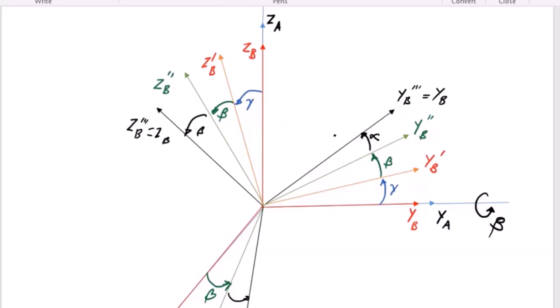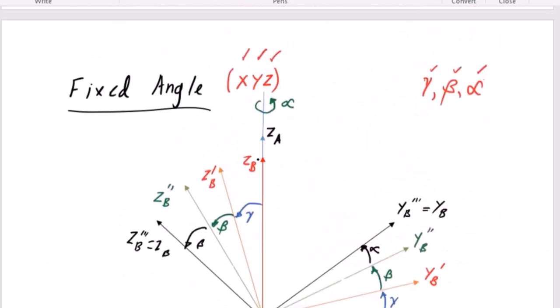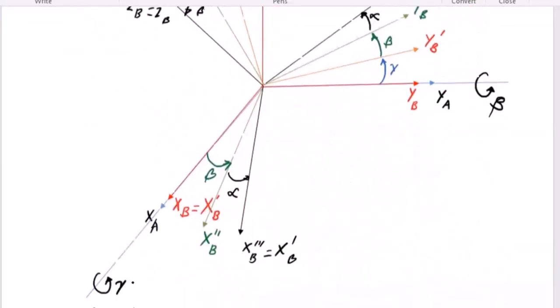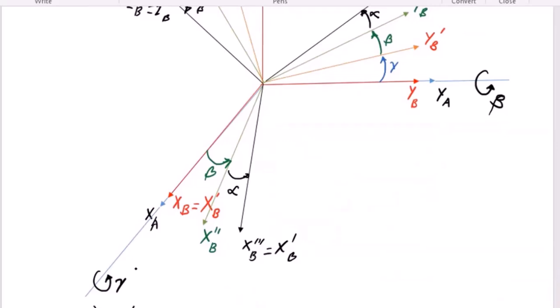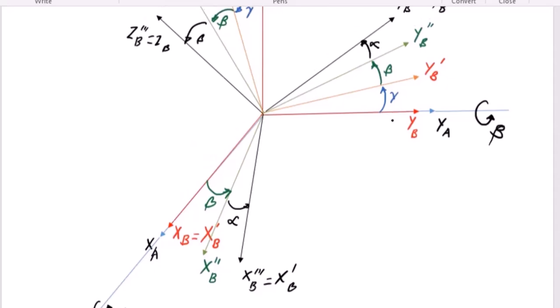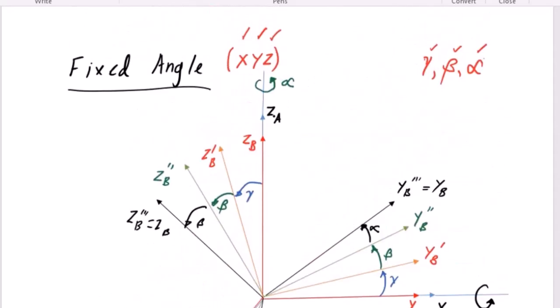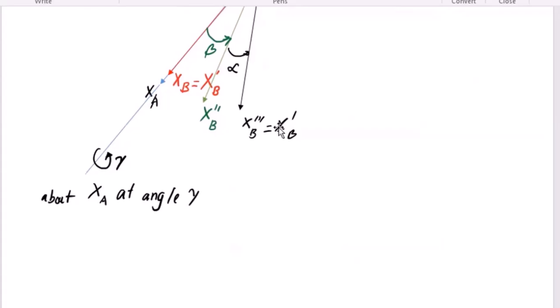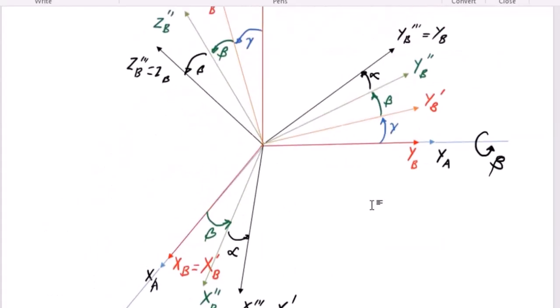You notice that for the reference, this is now the result of the fixed angle using reference. It is called fixed because the axis of rotation is using the reference frame. This is the XA, YA, and the ZA. So we have the graph of the fixed. Now how to obtain the